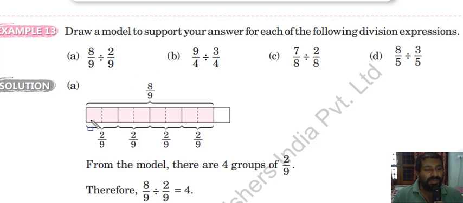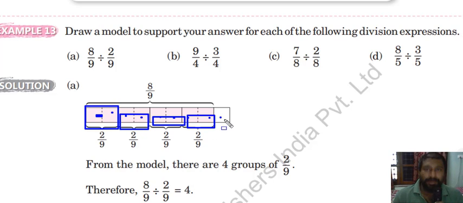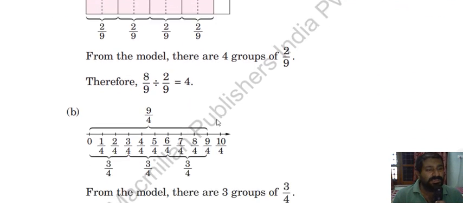Definitely what they have done is take a rectangle divided into 9 parts. You can see here 1, 2, 3, 4, 5, 6, 7, 8 and 9 parts they have divided it into. And then they are asking for 2 by 9. 2 by 9 means 2 units consumed. So how many such units have they consumed? This is the first unit. Another one is the second unit. This one is the third unit. And the last one is the fourth unit. This one is left empty. So in total how many parts have I used? 4 parts. So my answer comes out to be 4. Now let us come to part B.